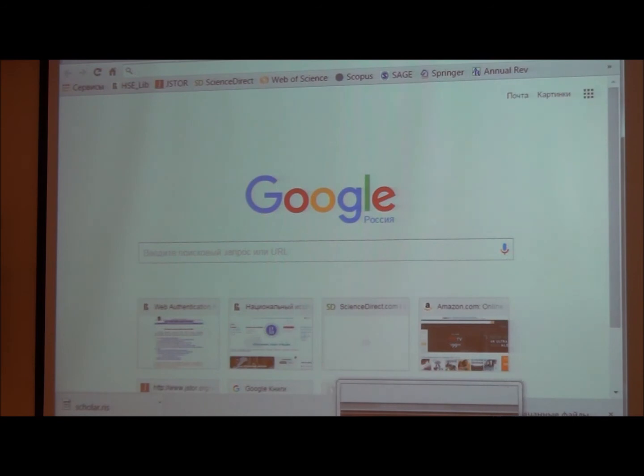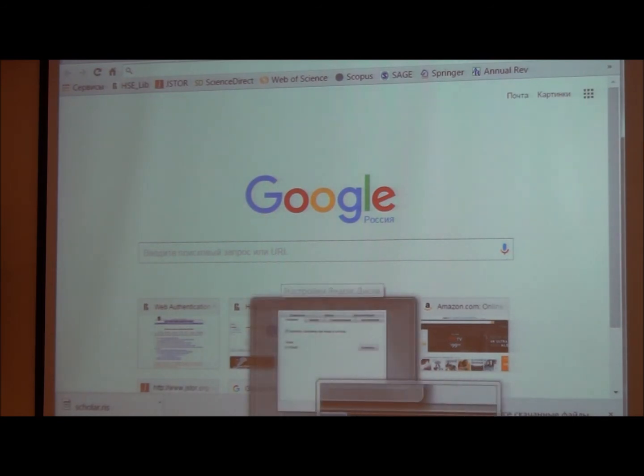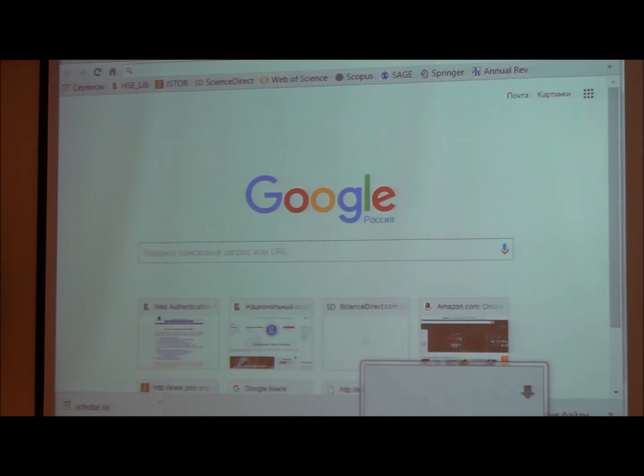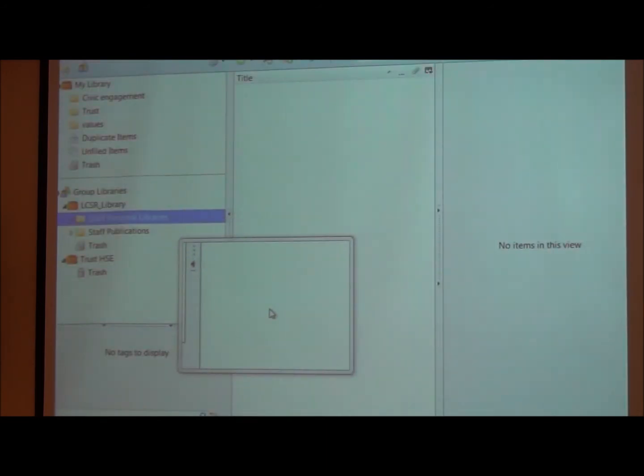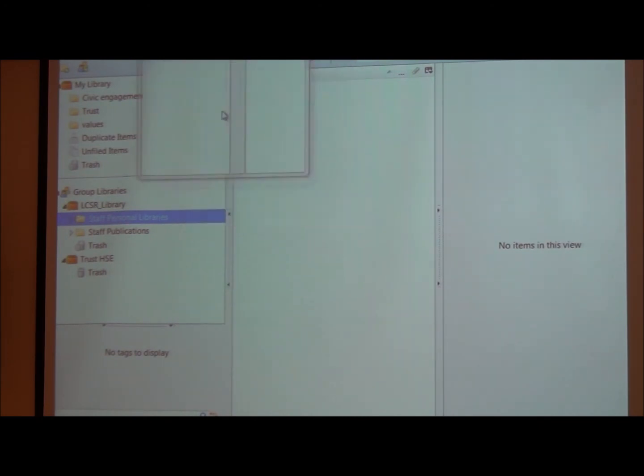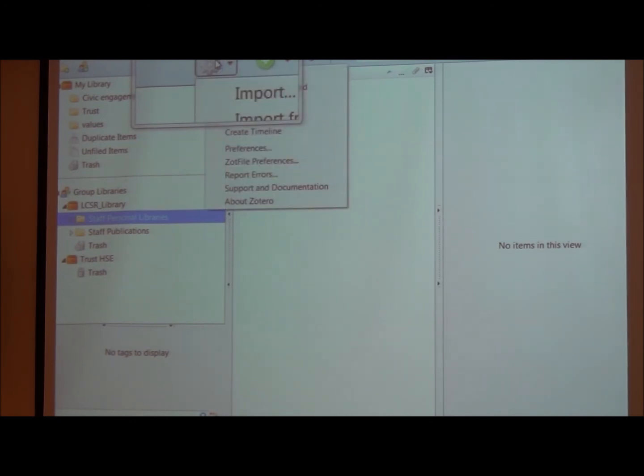Yes. Okay, adding additional citation styles. By default, Zotero uses only foreign styles. It does not include GOST style. You need to add GOST style manually, unfortunately, but that is very easy to do. So to add an additional citation style, you need to use actions,